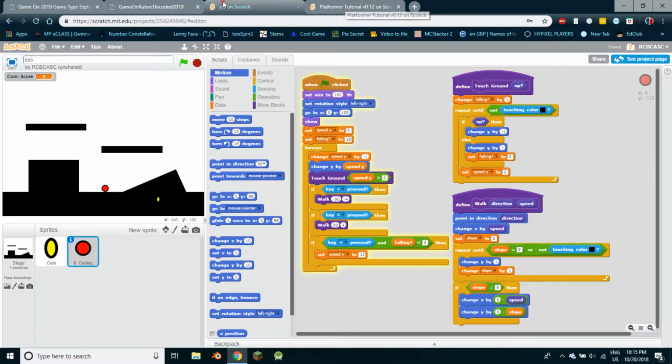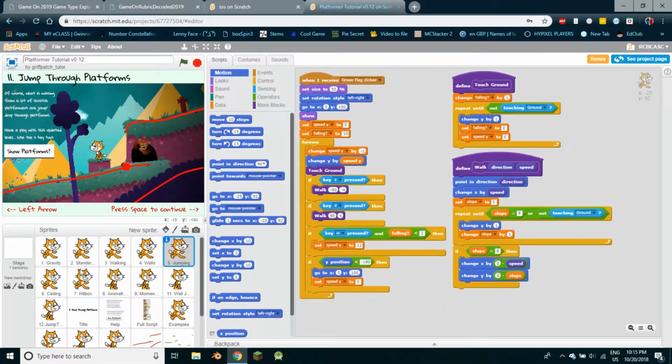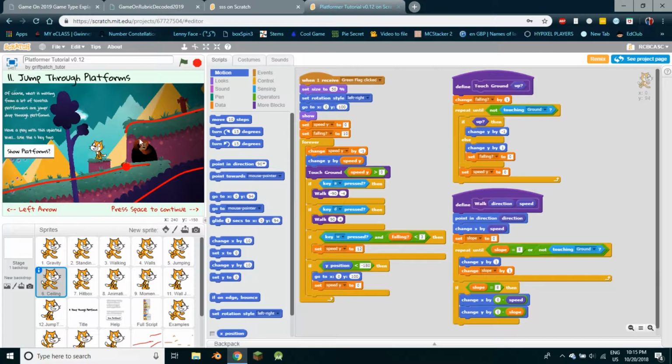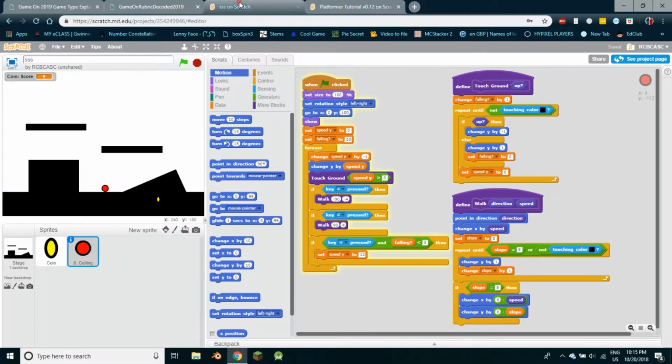Now, this is a script that I did not make. This is this script from Patch Tutor. He said it's fine to share it. Of course, I could explain this, and I know how to make this. I'm gonna briefly explain it, but I can make my own. It's just, first of all, I'm way too lazy. Second of all, this is more efficient than mine that I made a while ago for